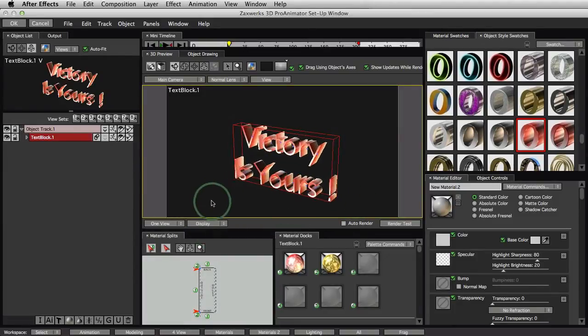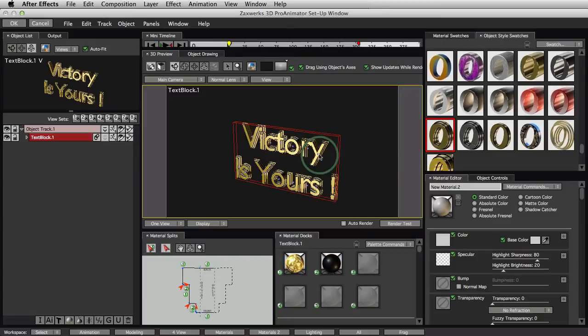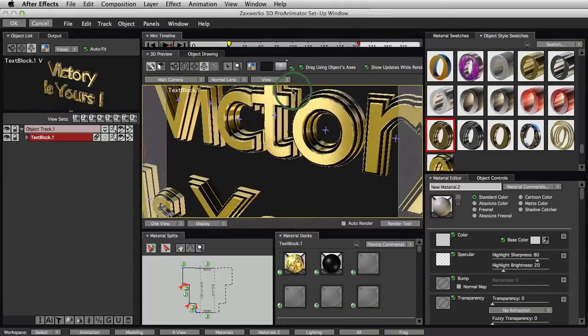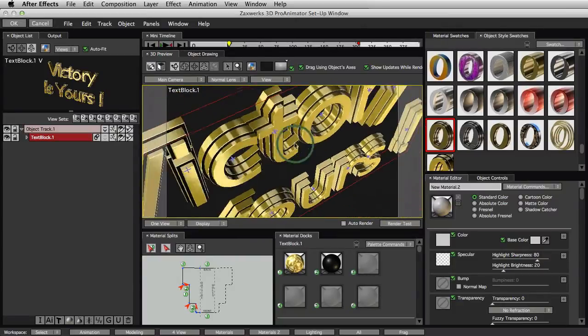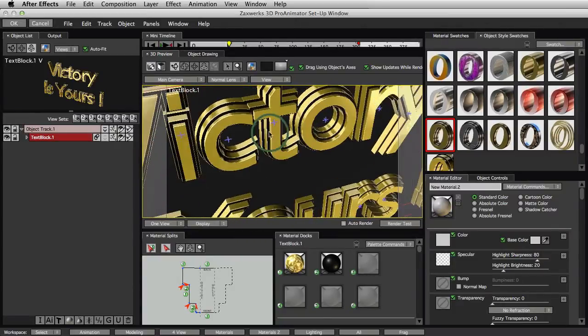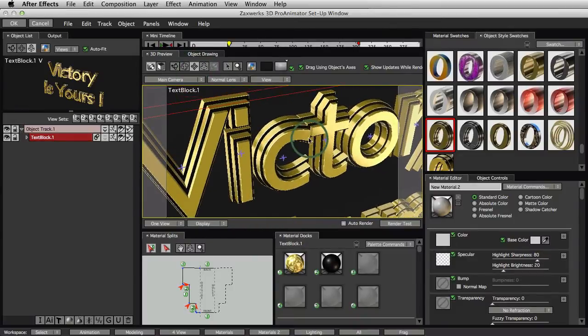So this is looking pretty good, but what I'd like you to do now is go down to the bottom and choose this one right here. This one's called Gold Award. Drag and drop it onto the object and take a look. So let's take the dolly button and zoom in real tight, and then back to tumble tool, and now you see we can take a look at this. You see this looks like it's got stacks and stacks of objects all piled up on top of each other. Very cool. But I want to point out how this is made.